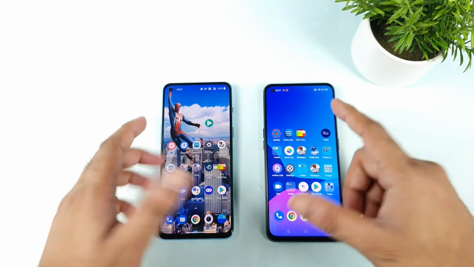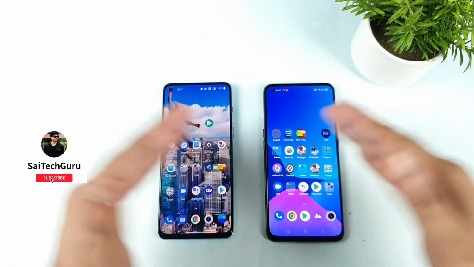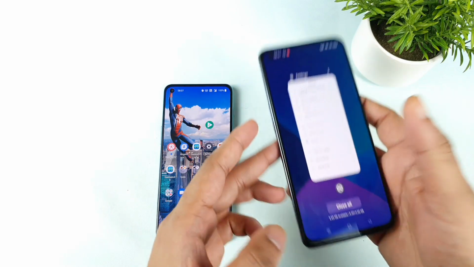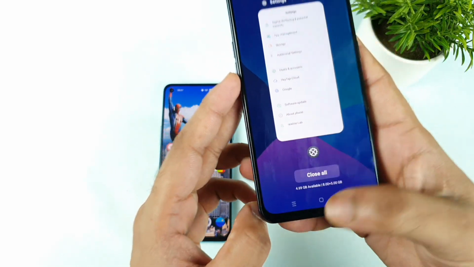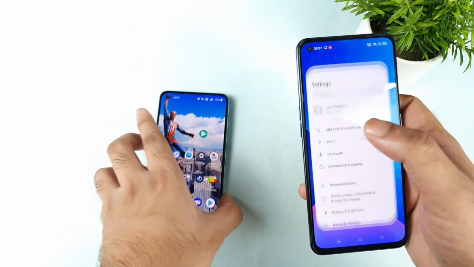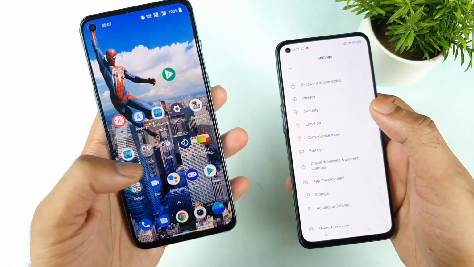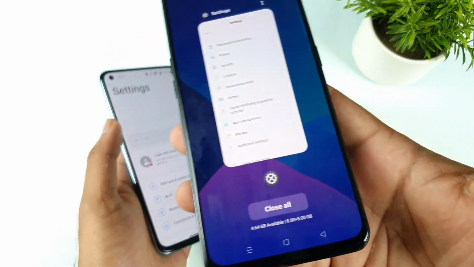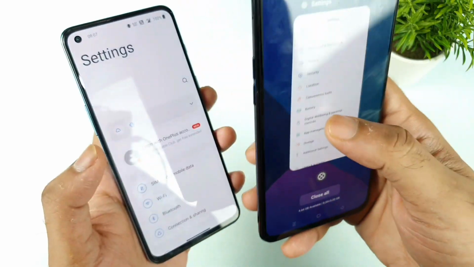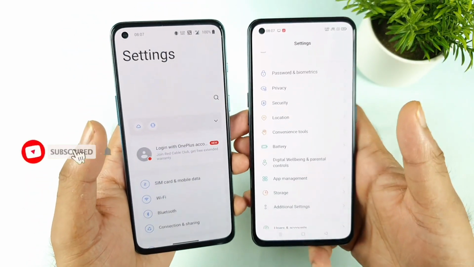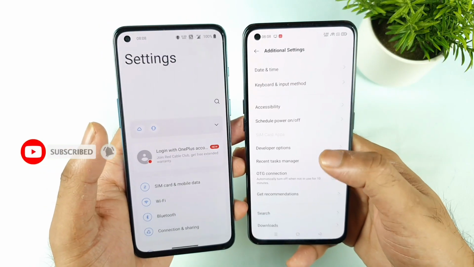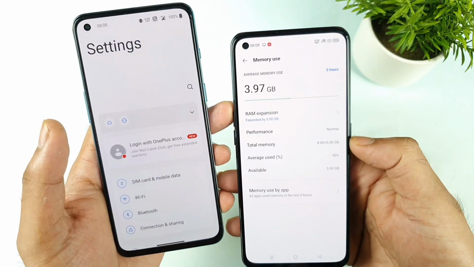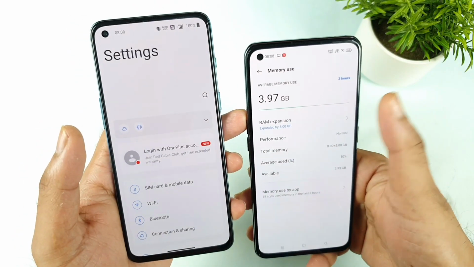Let's see how much RAM is available. Both models are 8GB RAM variants, and the Realme X1 Max has the 8GB plus 5GB variant, as you can see. You can see this kind of RAM availability by going to the settings option in both phones. In the Realme X1 Max you can also see it on the home screen and in the multitasking menu, but there is also an option called developer options. Inside developer options there is a memory section, and here we can clearly see what is available and how much is used.